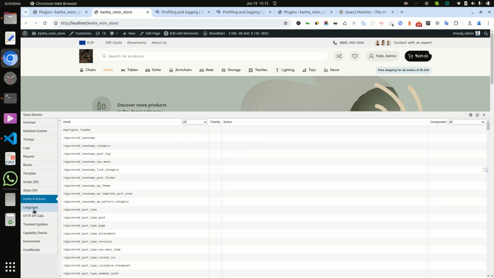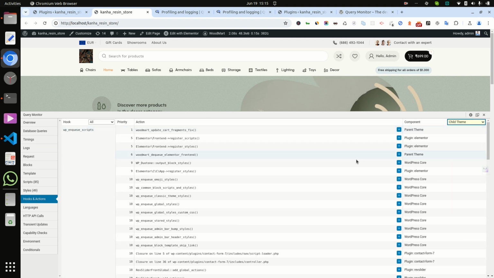Hooks and actions. So these hooks are being used on the page, like child theme, wp_enqueue_script, etc. So we can check here.